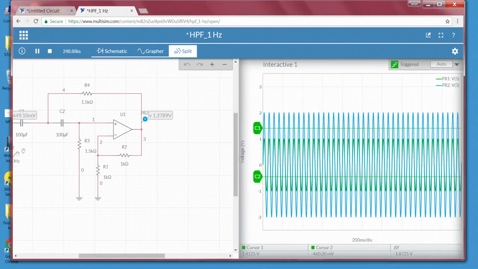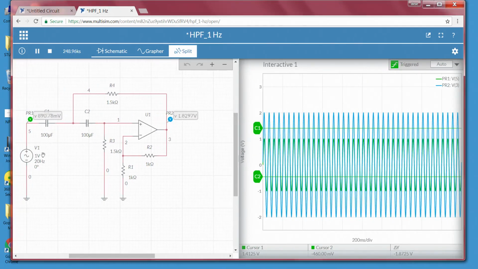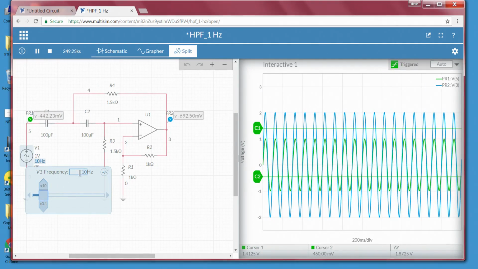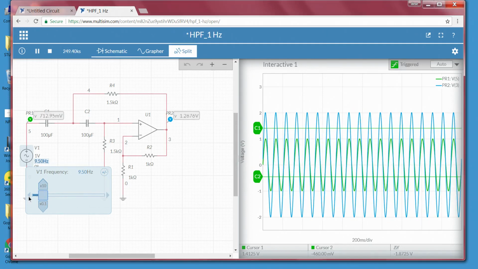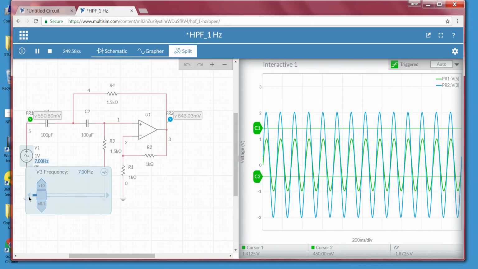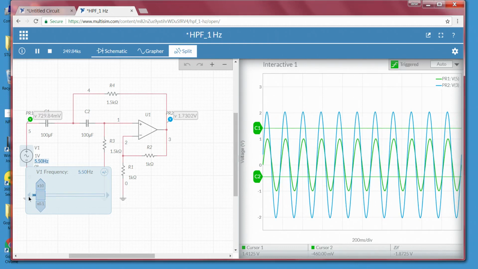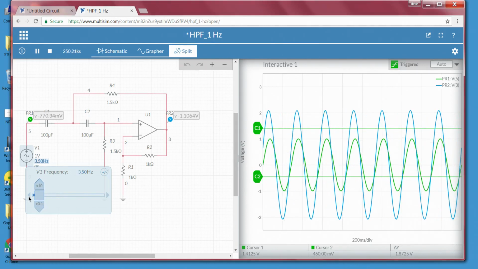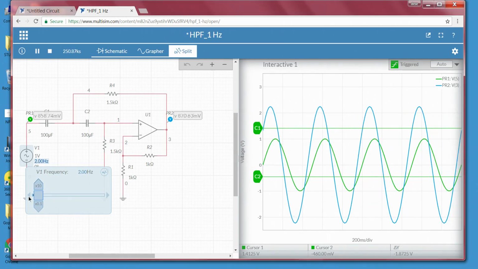Then change the frequency slowly from here to 10, same, then slowly decrease: 9.5, 7, 6, 5, 4, slowly decreasing it.